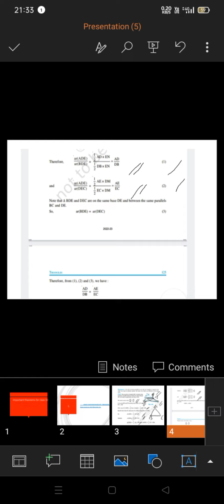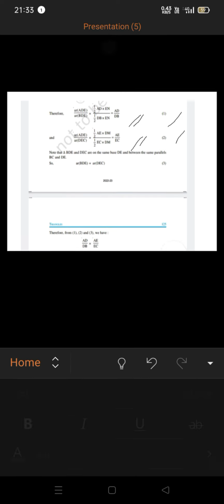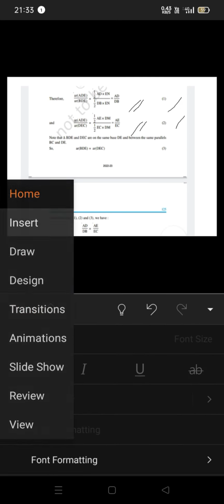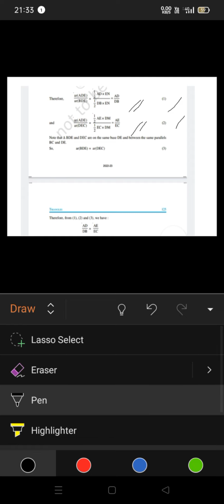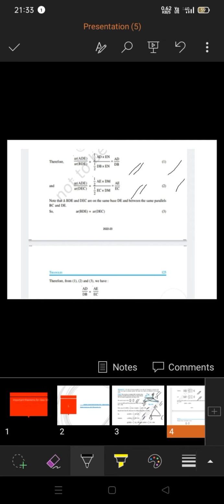From that, we can say that area of triangle BDE would be equal to area of triangle DEC. Now, from these equations, we can conclude that AD by DB is equal to AE by EC. From this, the basic proportionality theorem is proved. Now, let's see what